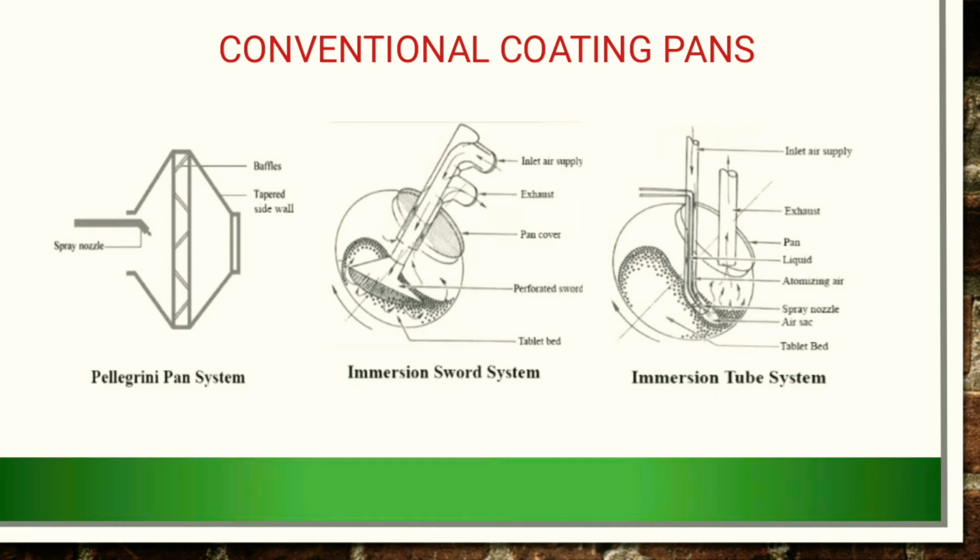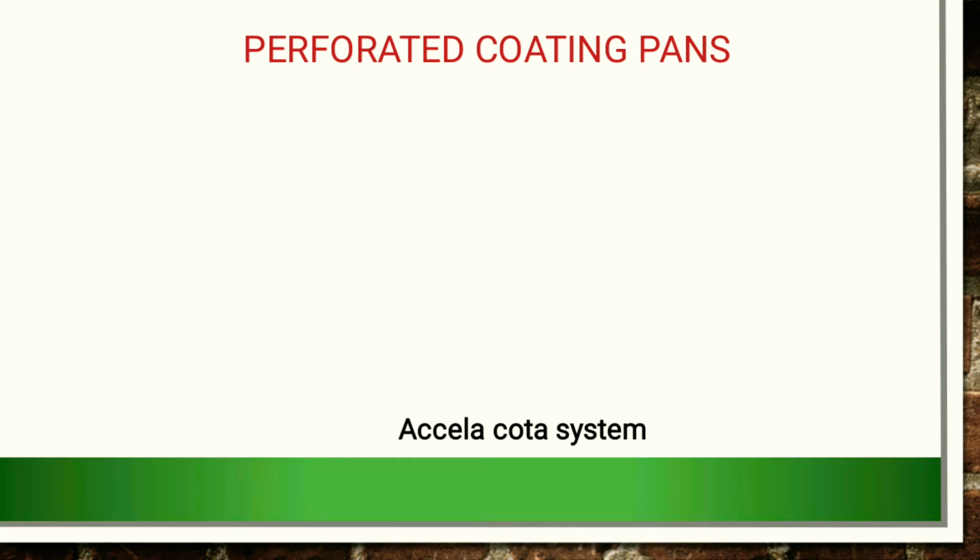Then the next one we have is perforated coating pans. A perforated coating pan consists of a perforated or partially perforated drum that rotates on its horizontal axis in an enclosed housing. The equipment was developed to maximize the interaction between the tablet bed and the drying air, which it does by drawing the air through the tumbling product bed, as opposed to supplying air to the bed surface only.